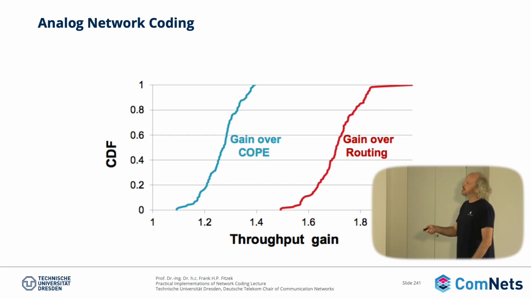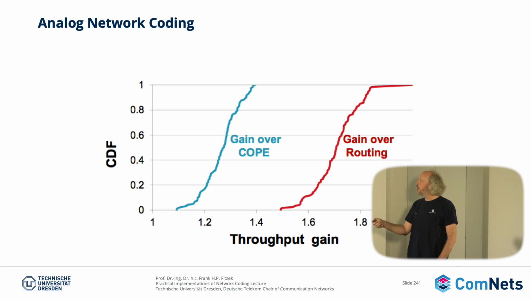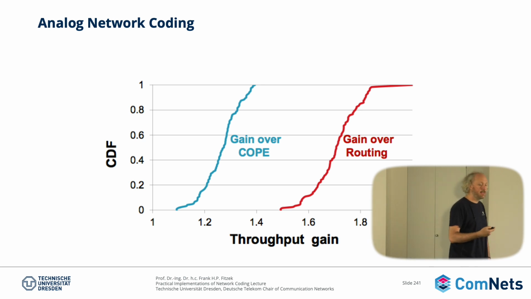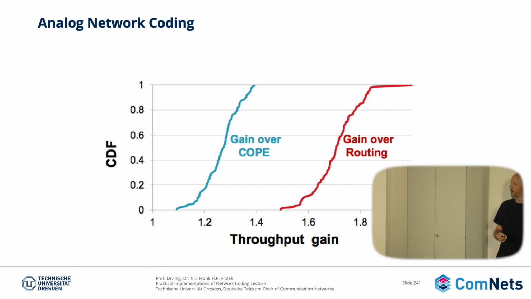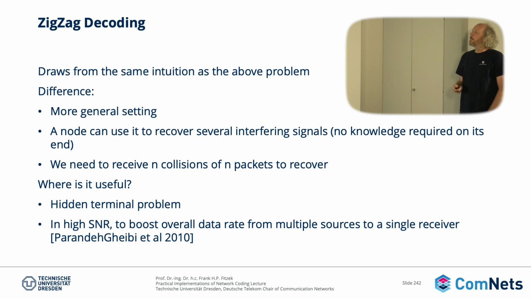And then if you look into the gains that you get, gain over COPE and gain over routing, this is quite high. So this is the standard one, but this is the one, even a gain over the digital approach of network coding or digital interflow network coding. Okay, then